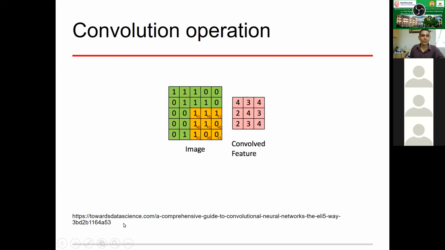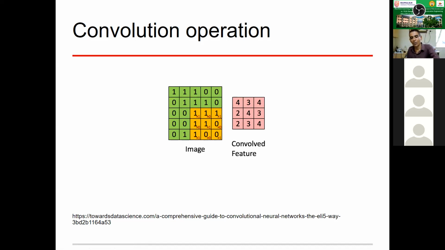visualization from a popular website, Towards Data Science, but it does a good job of showing what is a convolution operation. So there is a convolution kernel, and that convolution kernel is moved at each step, and we get the convolved features. So it's a very simple image, and we apply a kernel, we compute the product of the kernel at each location, we sum up all those values, and then that is how we get the convolved features. This is for an image which is very simple. That means it has only black and white values, a binary image.